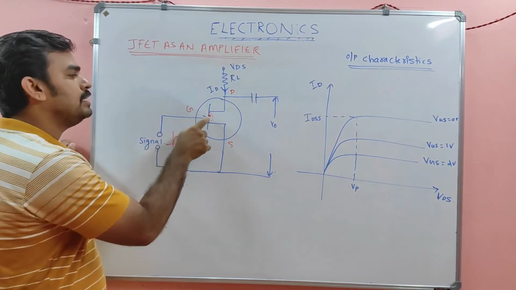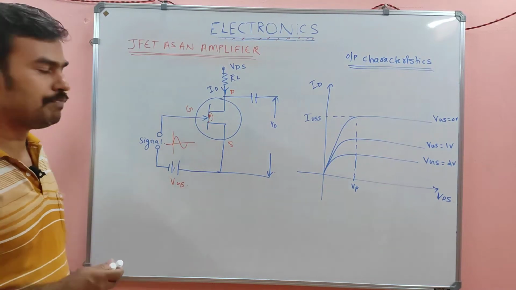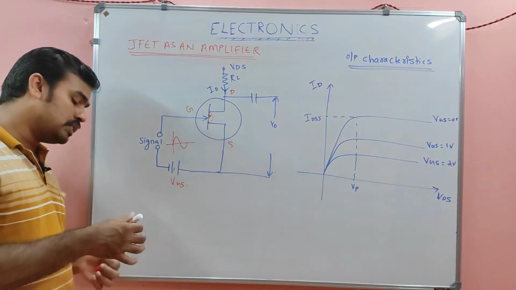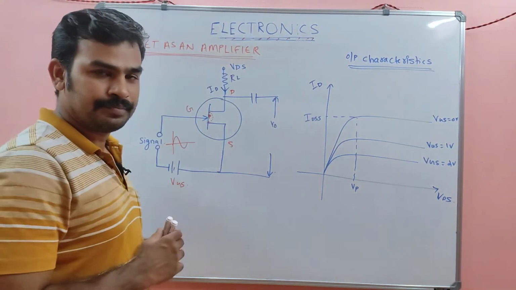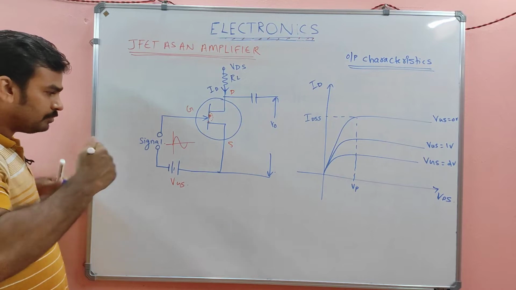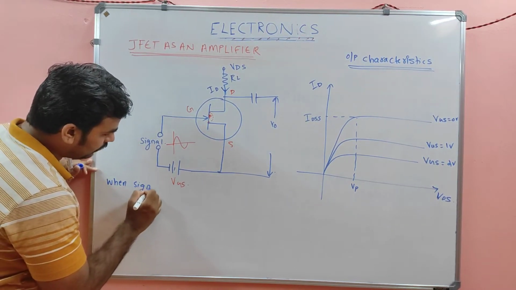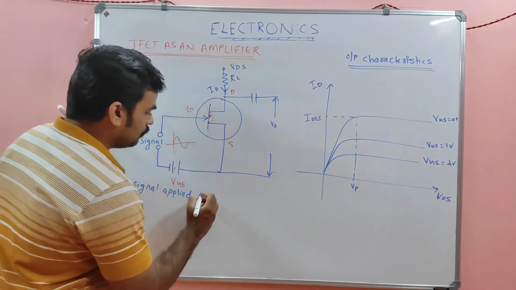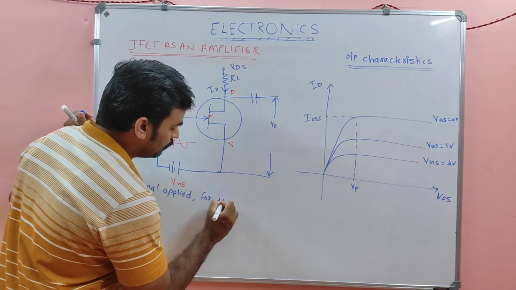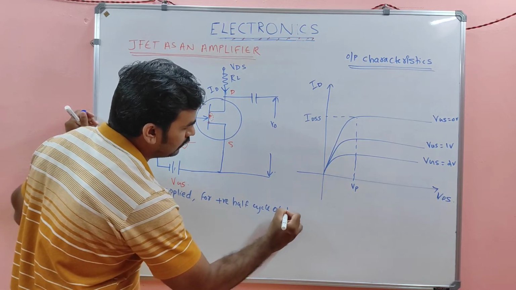This positive and this P will combine together, effectively making the channel width increased. That means when the signal is applied for the positive half cycle of the signal,